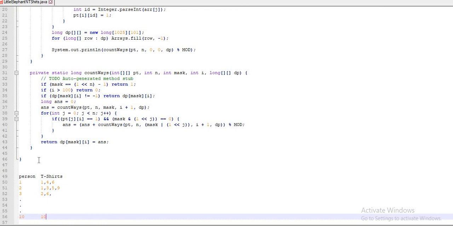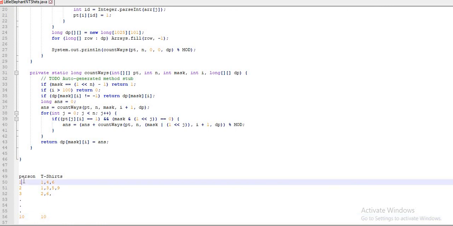For person 1, considering 1-based index, my two-dimensional PT array will be: PT of 1 comma 4 is equal to 1, PT of 1 comma 1 is 1, PT of 1 comma 6 is 1, and for the rest of the t-shirt IDs like 2, 3, 10 it will be 0 for the first person, because he doesn't have those t-shirt IDs in his wardrobe.